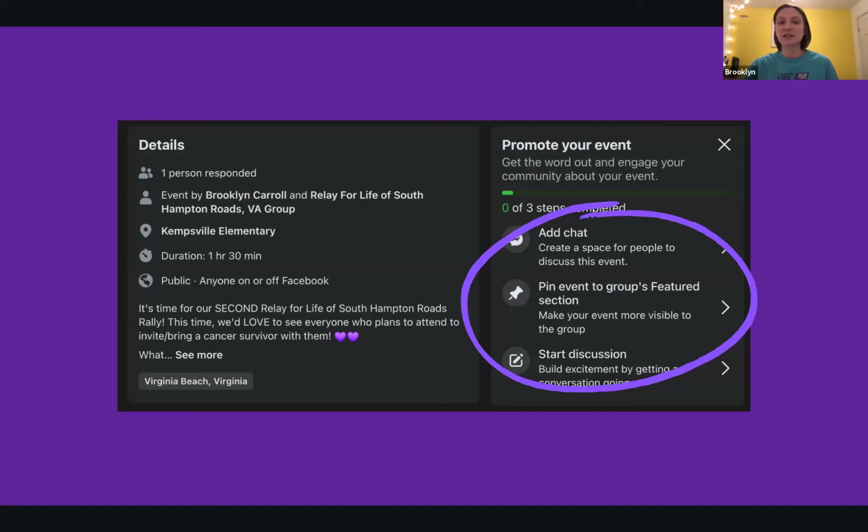And then a second storytelling idea, it was kind of already touched on, but why I relay is a really good one. I did this once in college, and one of my posts blew up and it reached like 4,000 people or something crazy, because it was some girl in our ELT. She wrote her why I relay story, and everyone was sharing it, and then her friends of friends were sharing it, and so everyone was sharing it because, again, you're in a public group, so once it's shared, more people can see it. So why I relay stories do really well.